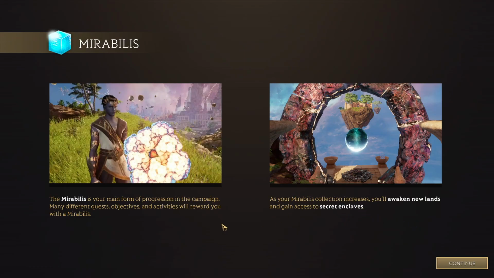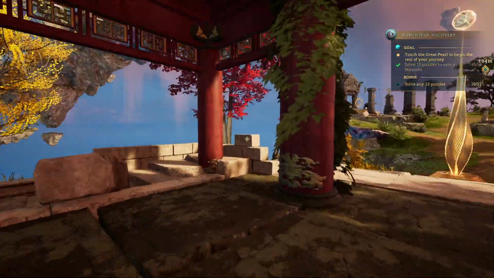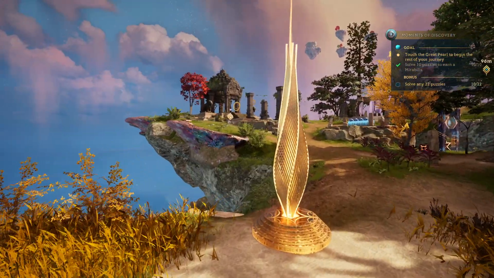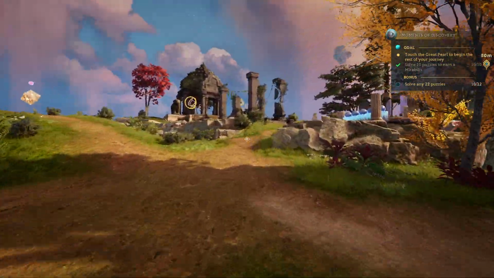So, main form of progression in the campaign. During the campaign, you need a certain number of Mirabilis to get through certain areas, but you're not required to collect them all. Collecting them all is optional. But let's take a look at our zone